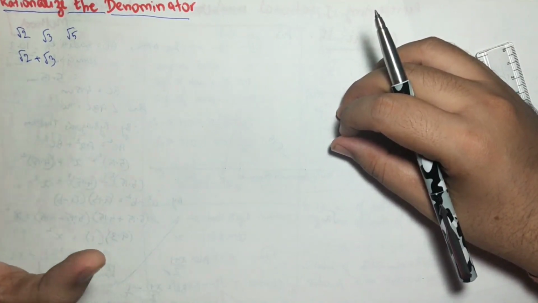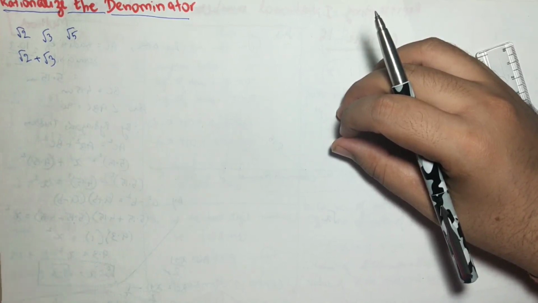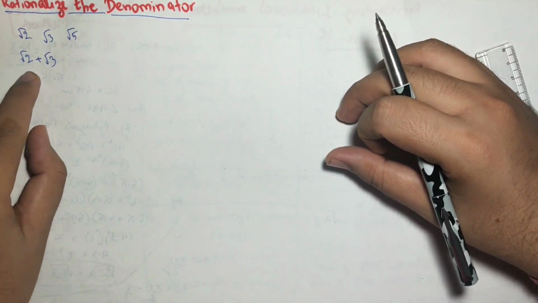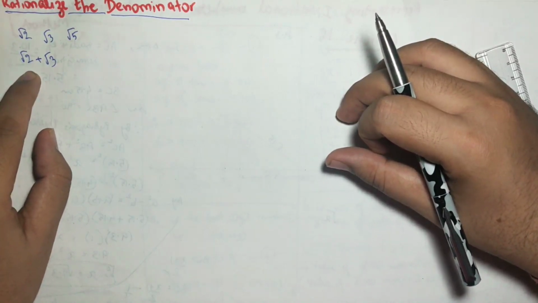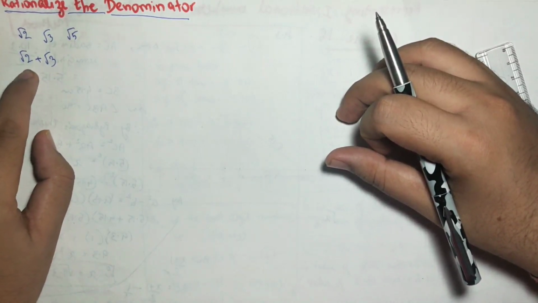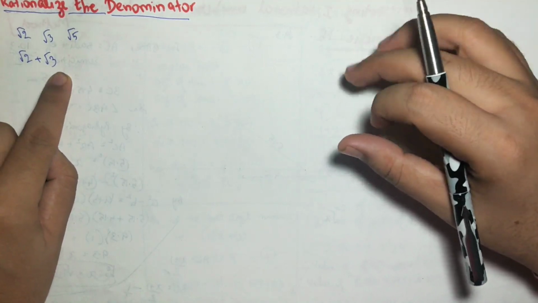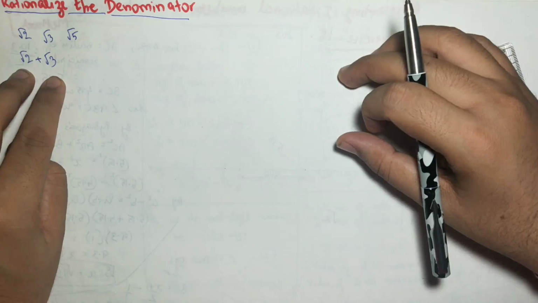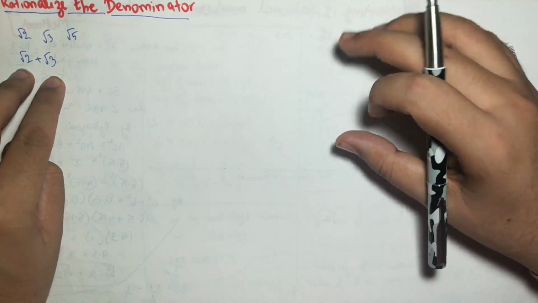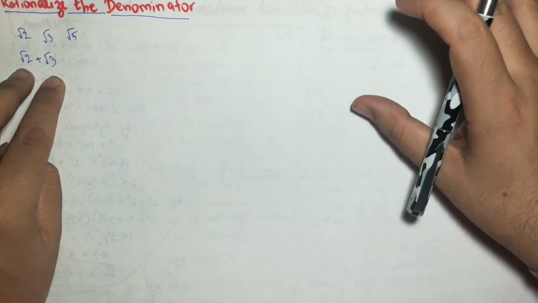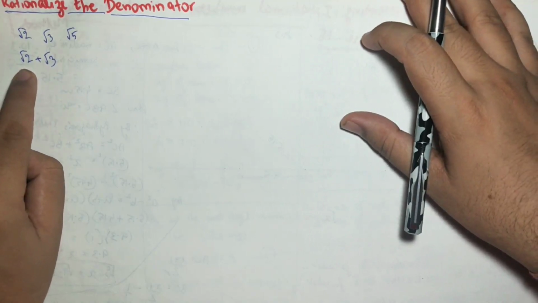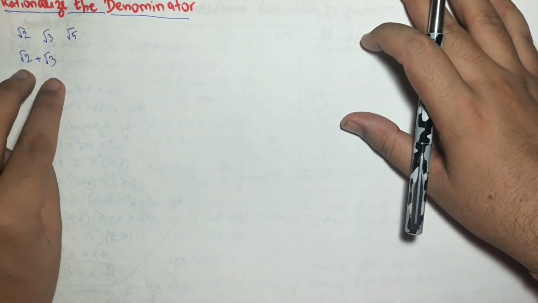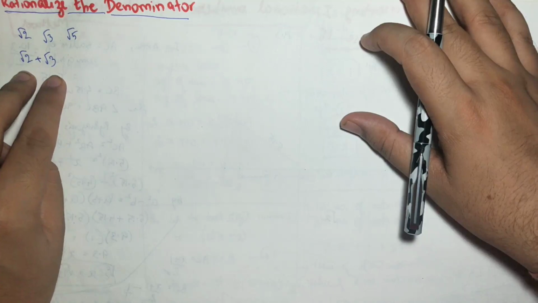It's just like thinking of an expression with variables. Consider these numbers under root as variables. So if it is root 2 and root 3, that means they are two different variables. So you cannot add two different variables. We know that they are not like terms. Similarly, take them as like terms and unlike terms only. As the number under root is not the same, both numbers are considered to be unlike. So they cannot be added or subtracted.